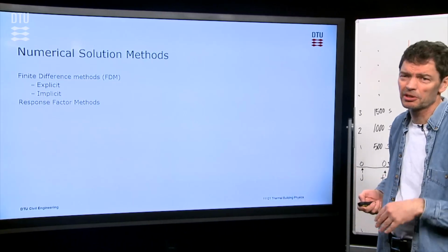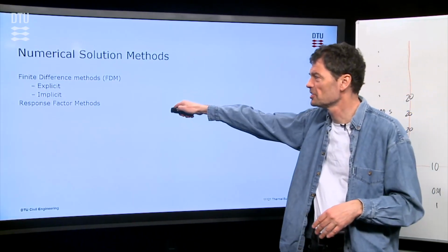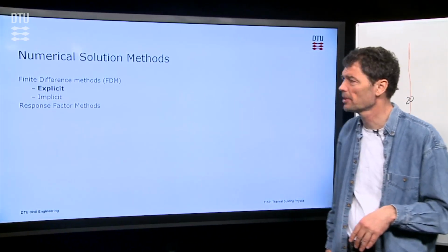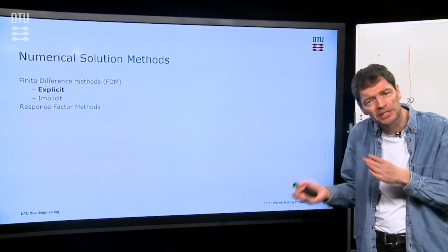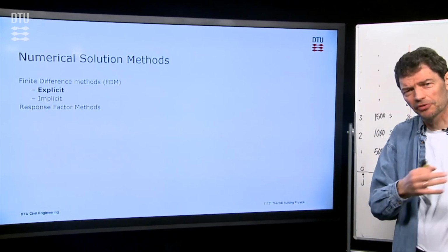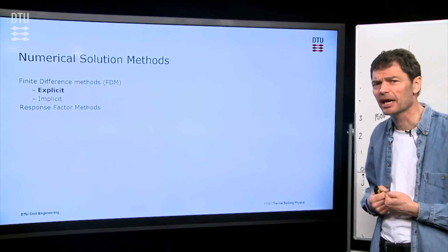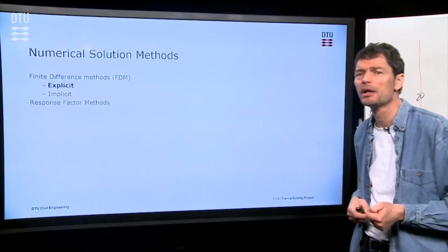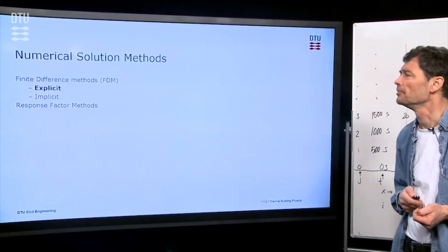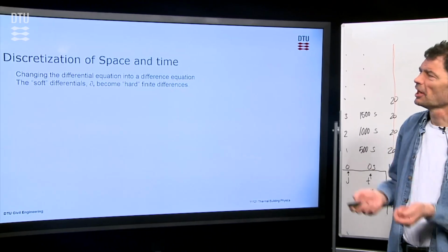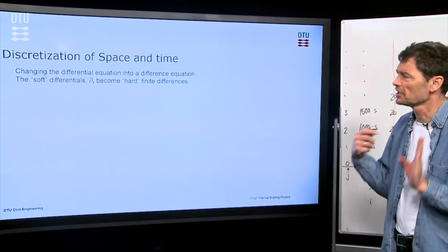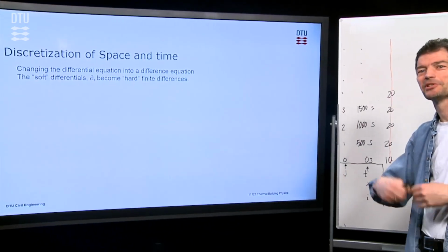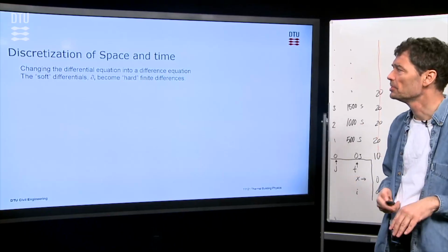So we have several numerical methods, and as I said, the explicit method is one method that we talk about. It has also an implicit variation, which I will refer to our lecture note when you have to read about that. We will give also another video lecture on response factor methods, which you can see separately. The idea of numerical methods is that we discretize the world, so to speak, so time and space will be